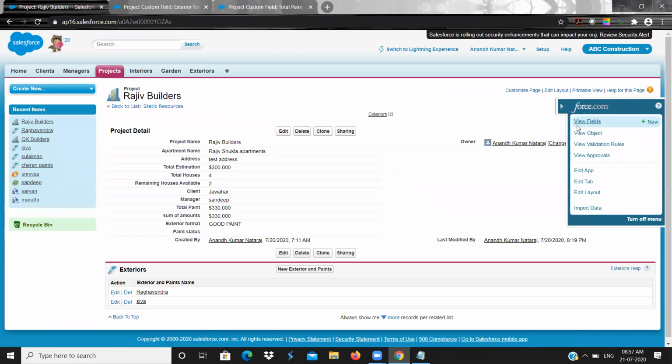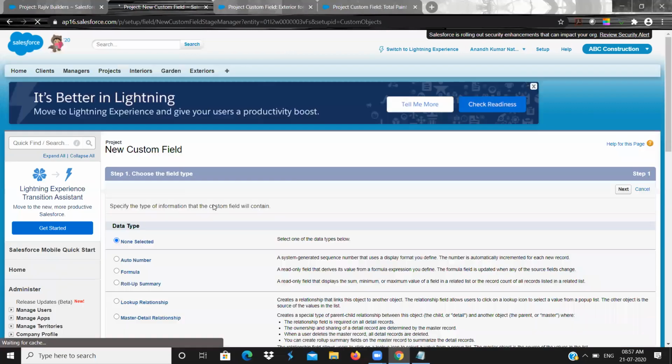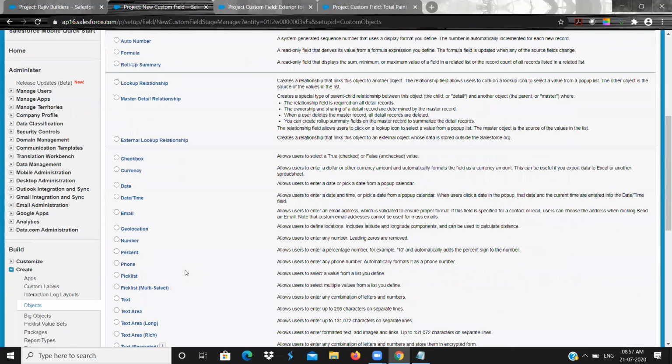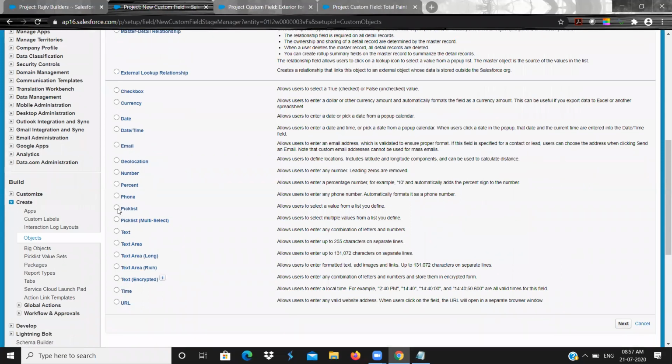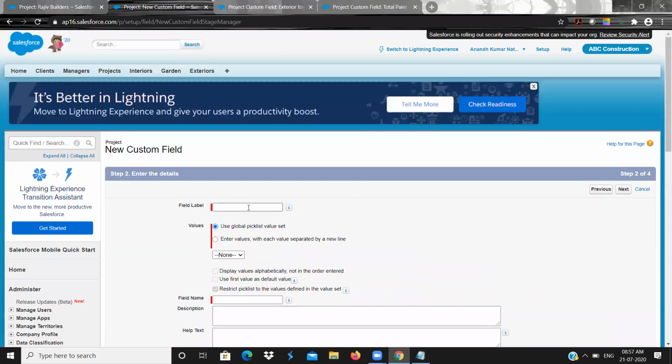Go to view field. If you want to have a custom field, you can click new field and click on pick list, then click on next, and you can name it project rating. You might have seen use global pick list.